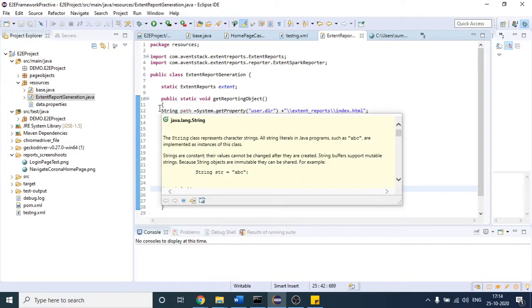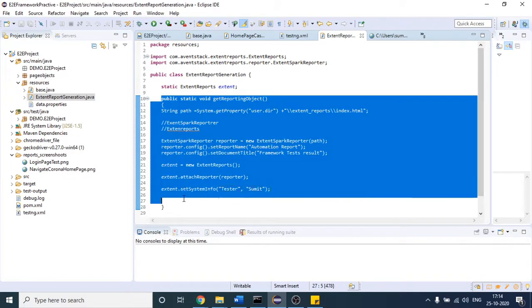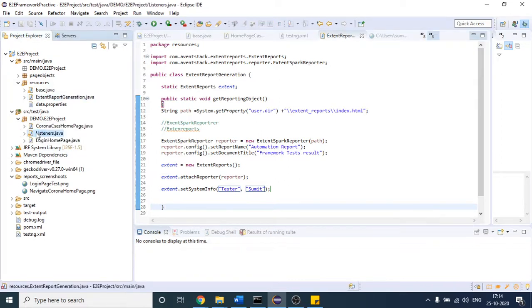So what I will do is call this method at runtime, so that whenever any test case fails, this method will be called, and that index.html file, which is nothing but the extent report, will be made. To use this method, I will again take the help of a listener, just like we did for the screenshot concept. I think we have that listener class here.